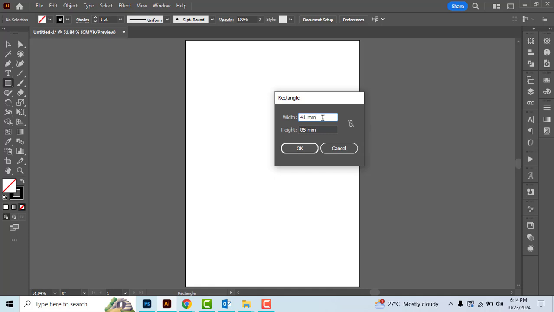Here's a quick tip. If you enter a value in one unit, like inches, but your document's default measurement is in millimeters, Illustrator will automatically convert it. For example, if you input 2 in for a 2-inch square and press Tab to move to the next field, you may notice it converts to millimeters, 50.8 millimeters in this case. This is because your default measurement setting is millimeters, so there's no need to worry, as Illustrator does the conversion